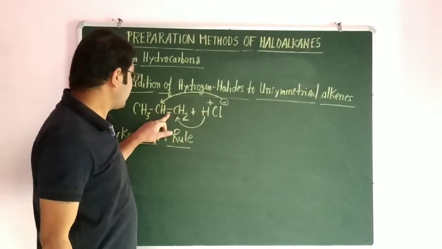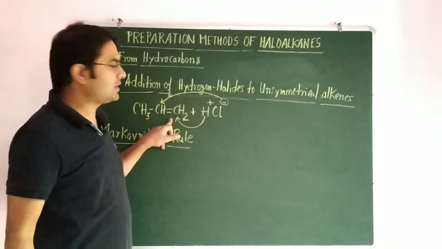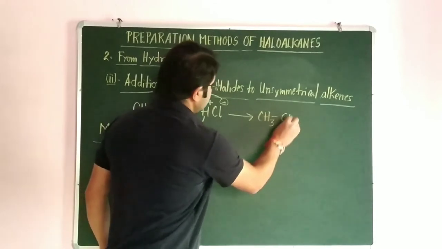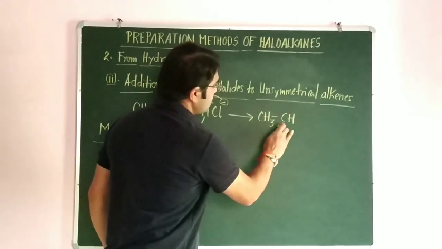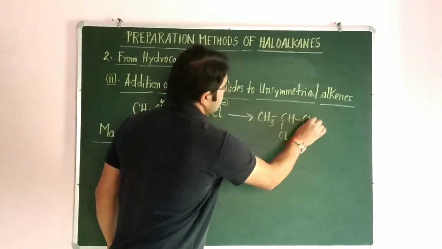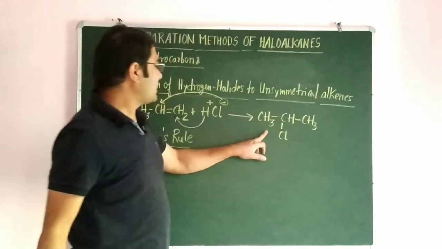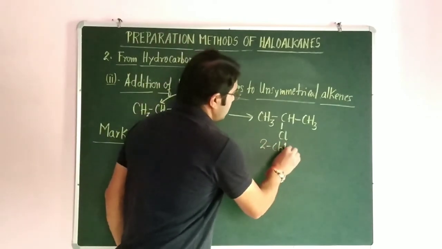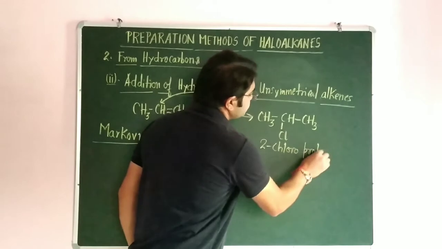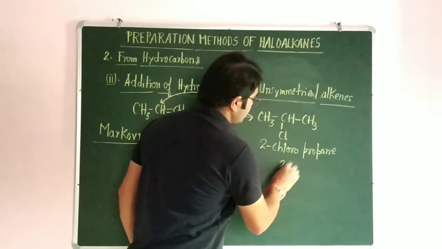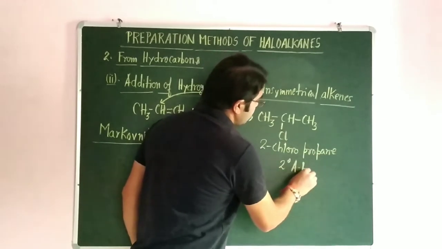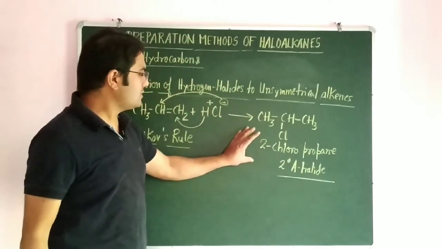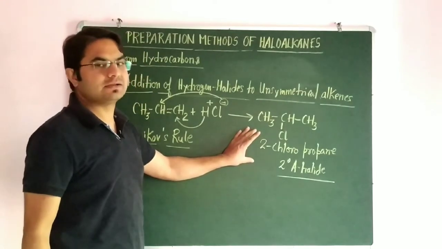तो जब डबल बॉन्ड में एडिशन होता है तो ये सिंगल बॉन्ड में कन्वर्ट हो जाता है. So the product formed here is CH3CHClCH3, because Cl is attached here in second position and this becomes a secondary alkyl halide. ये secondary आपका कंपाउंड बनना है, इसको बोलेंगे हम 2-chloropropane. So it forms 2-degree alkyl halide. So Markovnikov rule gives secondary alkyl halide.